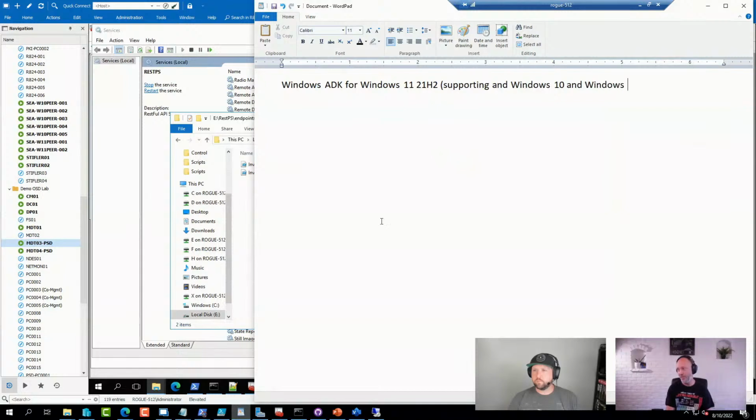There is absolutely no need to keep around an older ADK from Windows 10 just because you want to do a Windows 10 deployment. Use Windows 11 instead. I hope that answered that question.